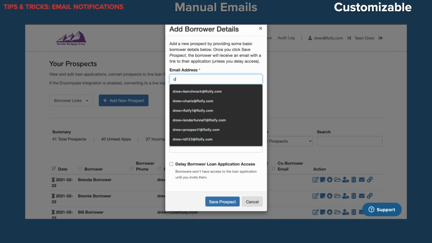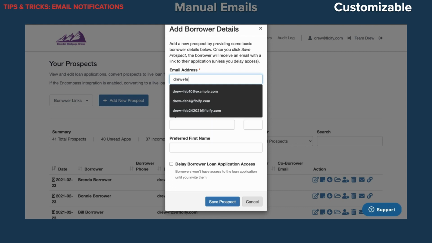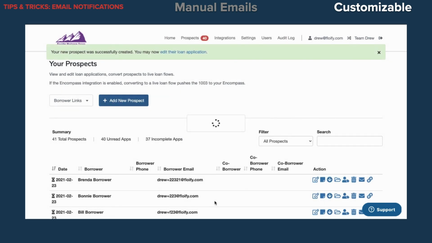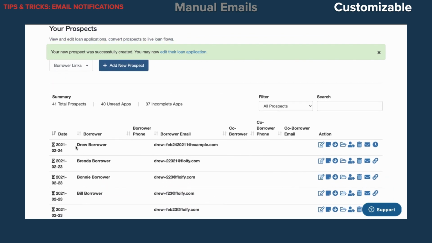So let me just plug in another email here. Okay, now this time I am going to delay the borrower loan application access, and I'm going to save the prospect. So that means that a borrower did not receive the email just then.